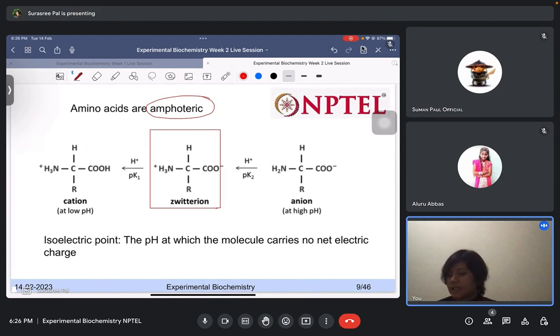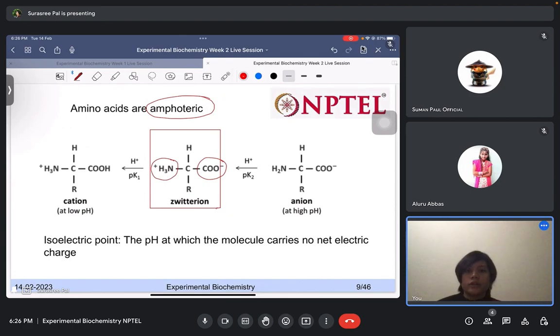And here you can see that the carboxyl group is in COO minus form, so it's a carboxylate ion, and here the NH2 group or the amino group is present as NH3 plus,